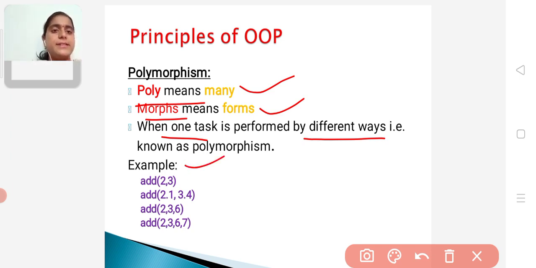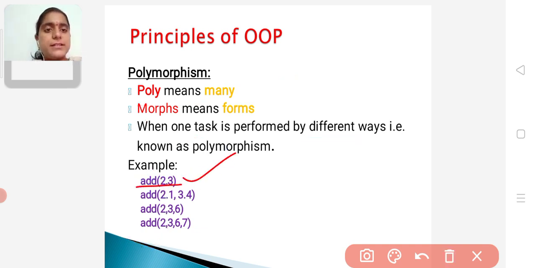See this example. Here we have taken only one method, that is the add method, but here we are performing different operations. Okay, we are performing this operation in different ways.